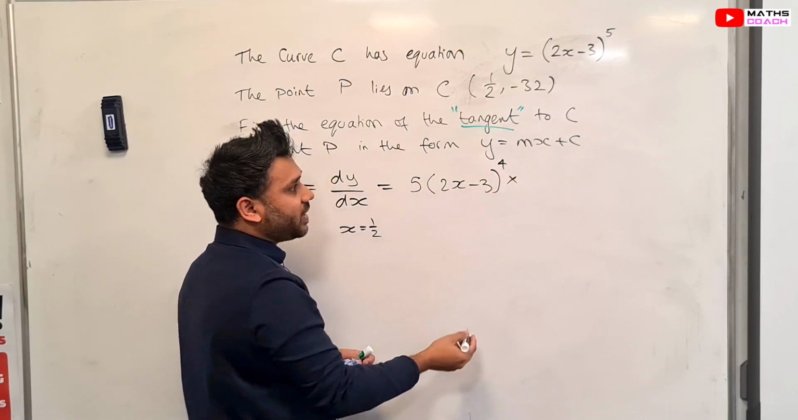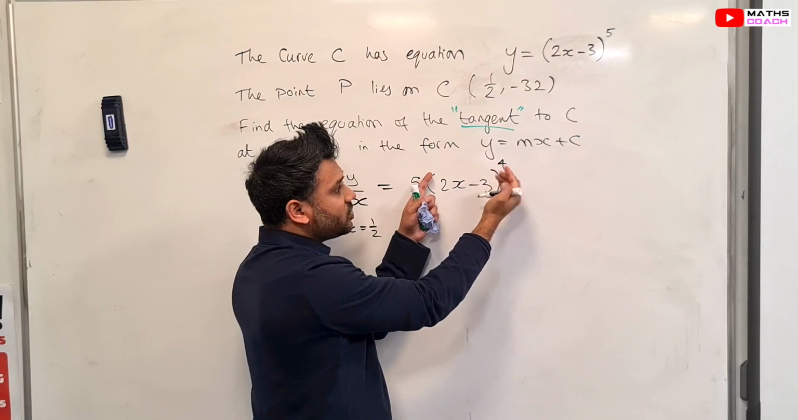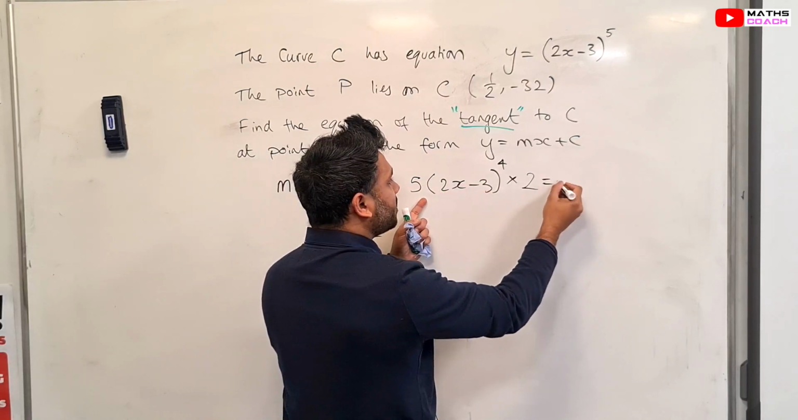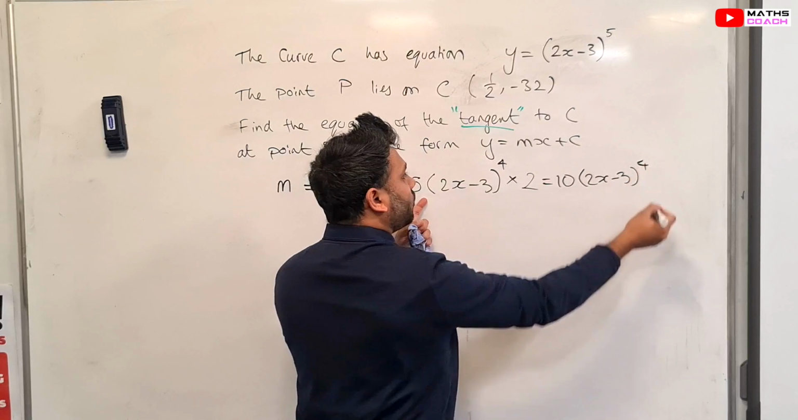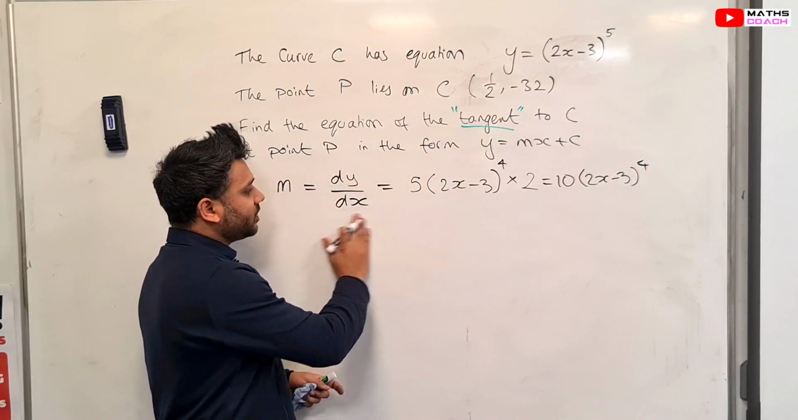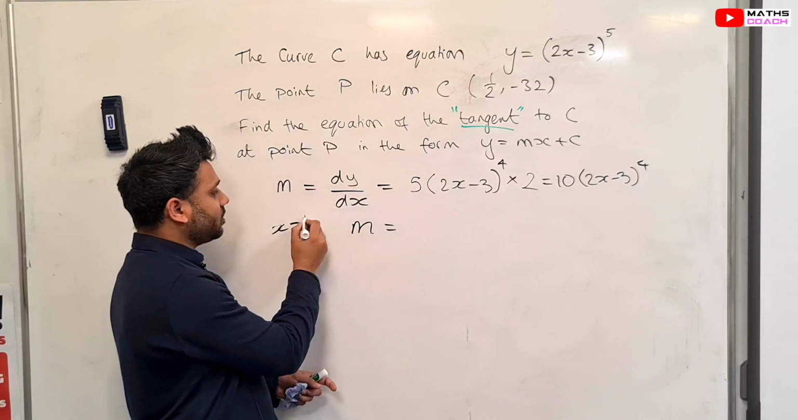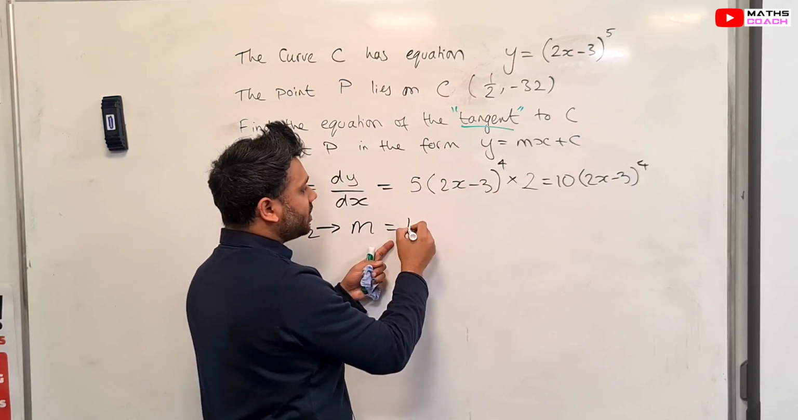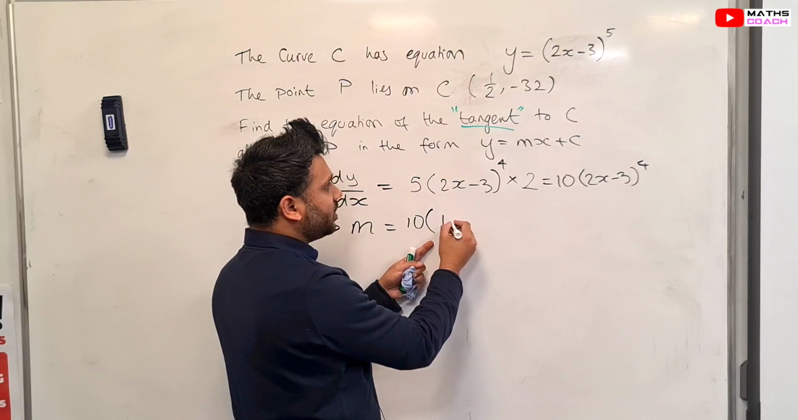Then you multiply by the second layer, which is our 2x minus 3, and that just differentiates into 2. We can simplify that as 10(2x minus 3) to the power of 4. Now, we want the gradient when x equals a half. So we're going to substitute x equals a half. Therefore, the gradient of the tangent would be 10 multiplied by (2 times a half, which is 1, minus 3)